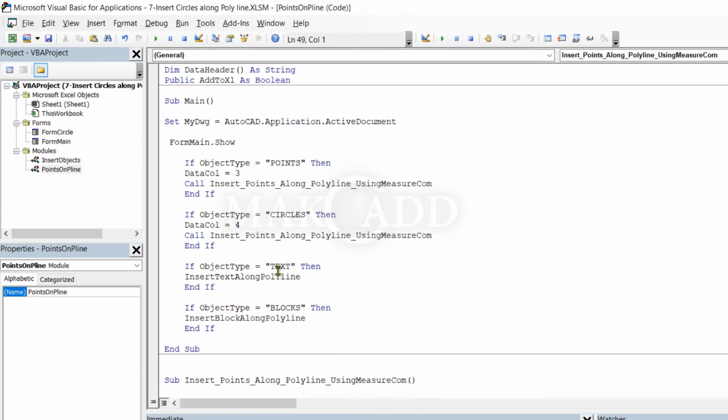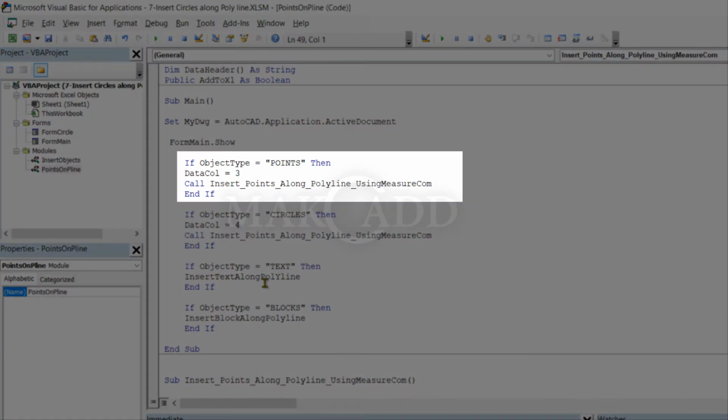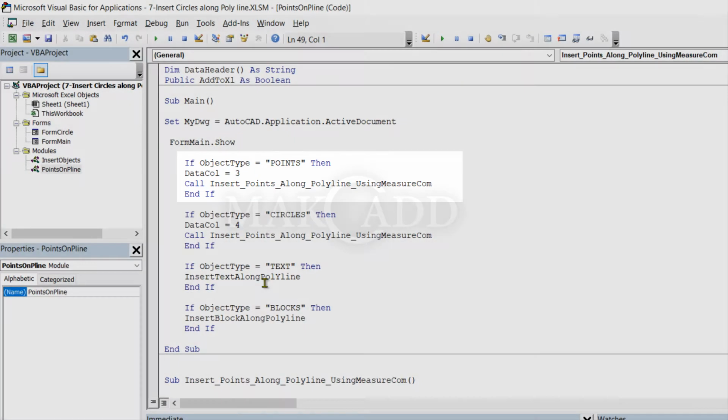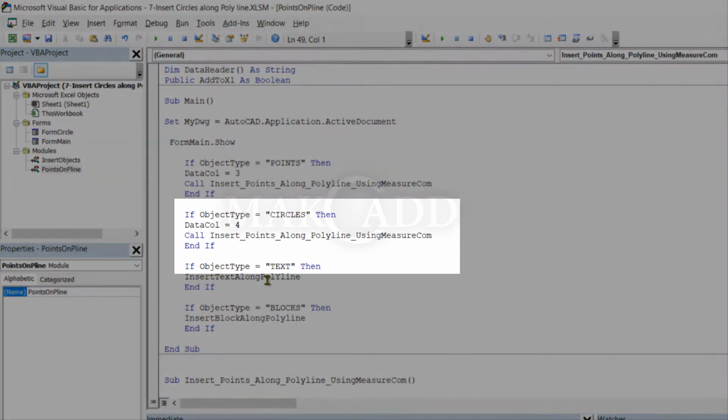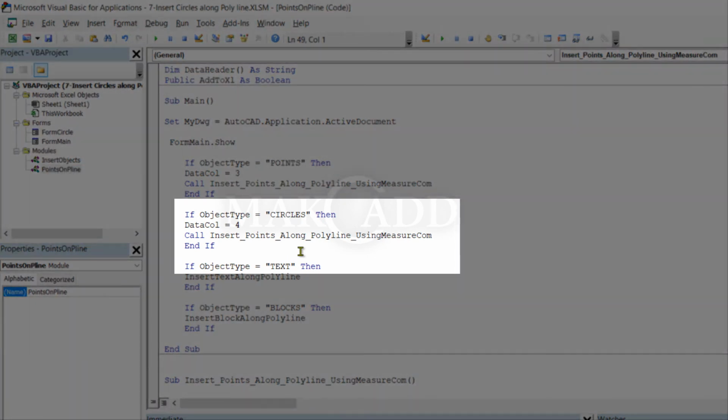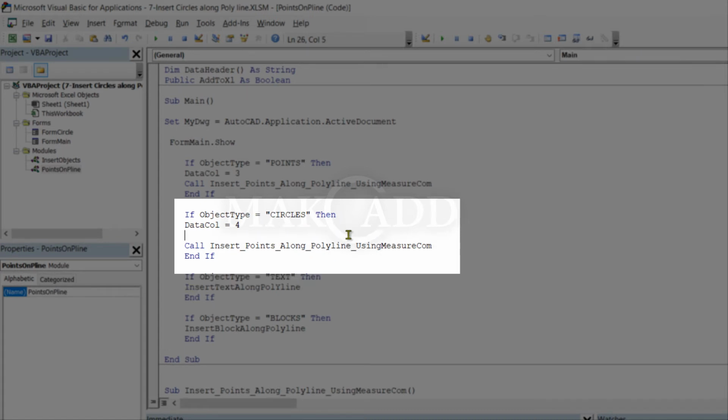It will return to the main procedure. Then if object type is point, it will resize the data column to 3, then run the macro insert point. If object type is equal to circles, then resize the data column to 4, then run the point insertion.